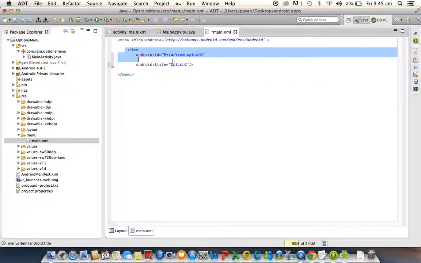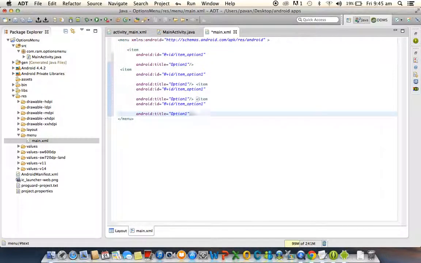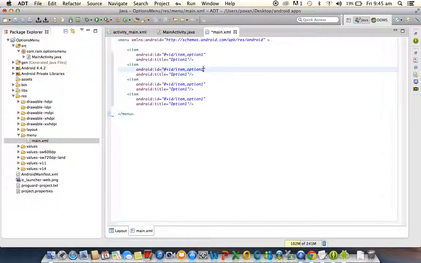Like that we need to take four options. You see your choice, how many options you are taking. And ID is 2, option 2, and ID is 3, option 3, and ID is 4, option 4. Save it.